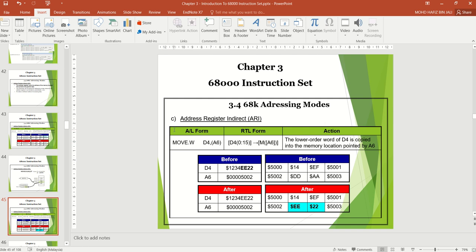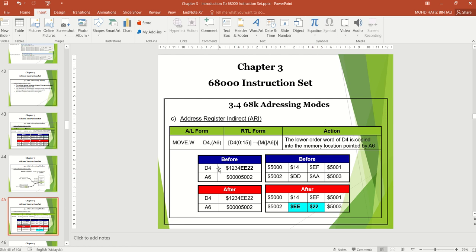Next is address register indirect: move.w D4 to the content of A6. The action is that the lower order word of D4 is copied into the memory location pointed to by A6.